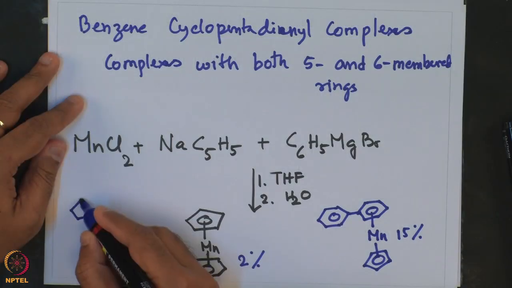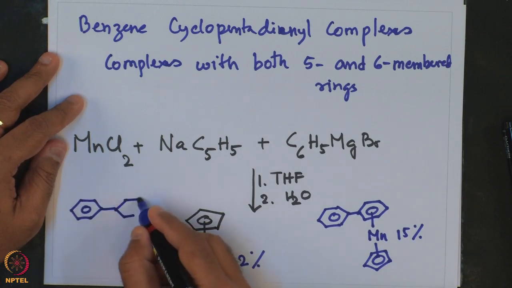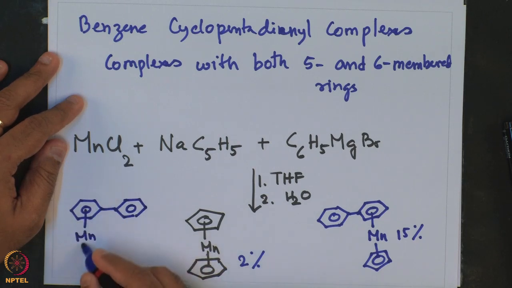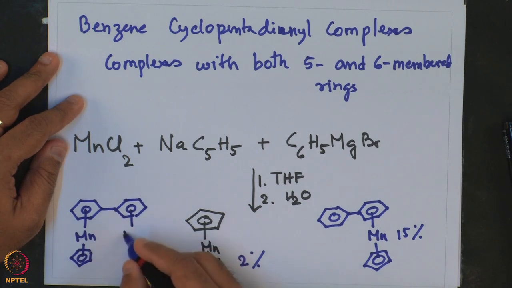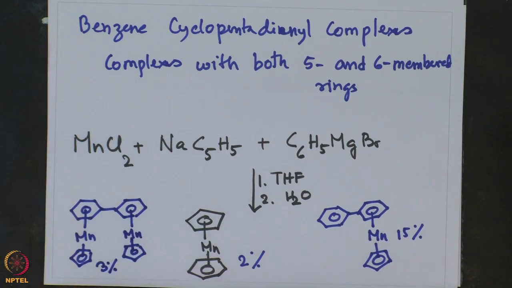So, that is also a very interesting compound, biphenyl manganese Cp, is 3%. Okay. So, one thing which comes out that in this method all possible compounds are formed, and the